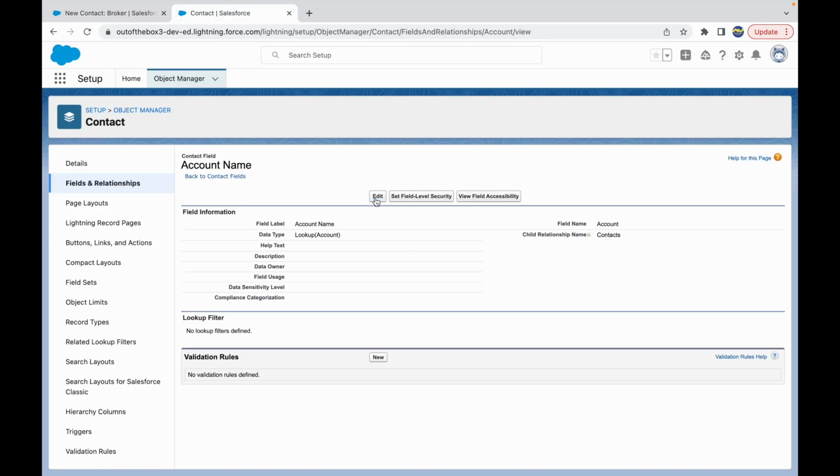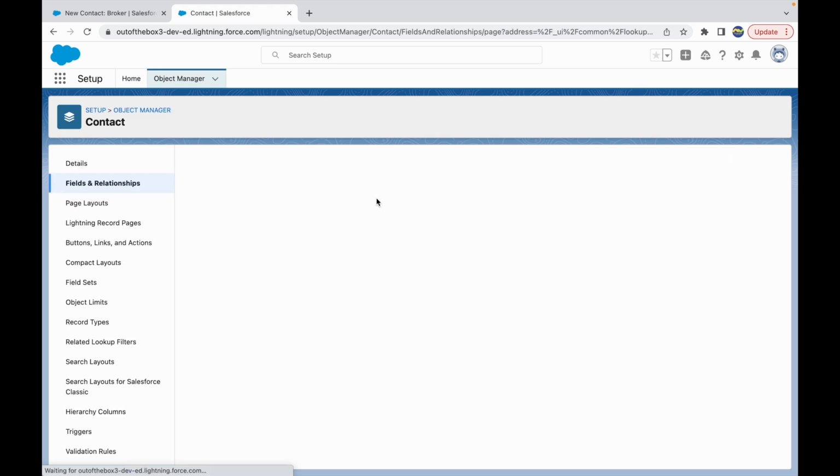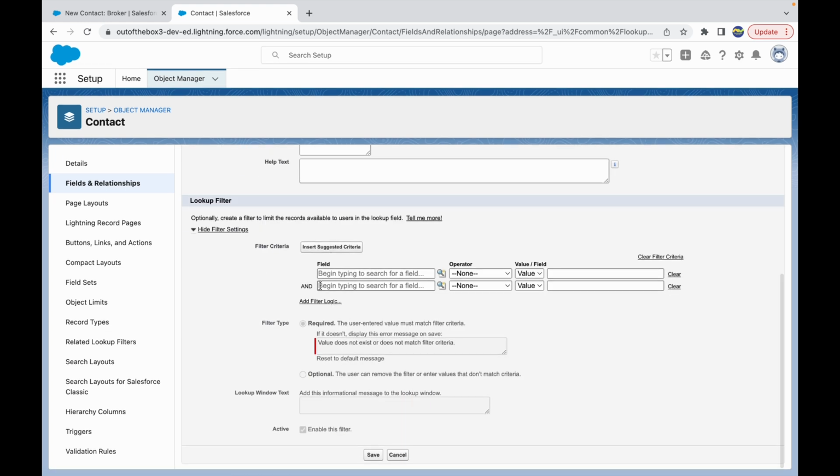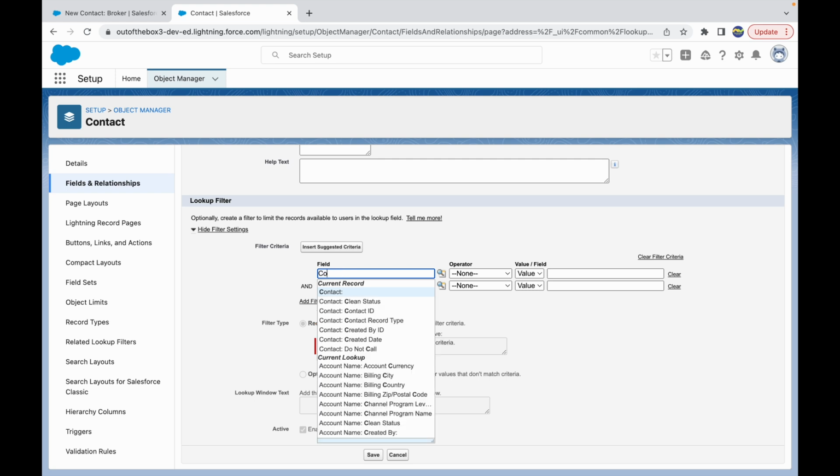So let's go ahead and create this lookup filter. Let's click on edit. And here we have something that says optionally create a filter to limit the records available to the users in the lookup field. Let's click on the filter settings and here we can insert some criteria, right? So what should be our criteria? Our criteria should be that the account that we are looking at,